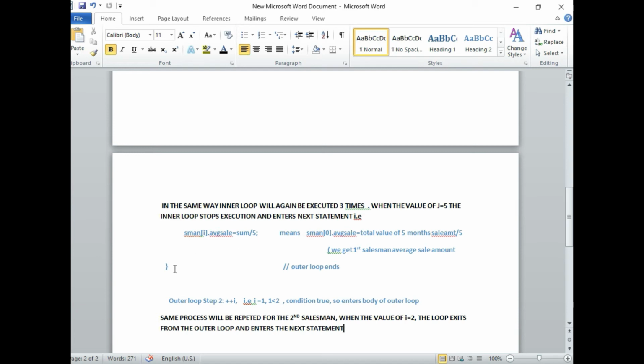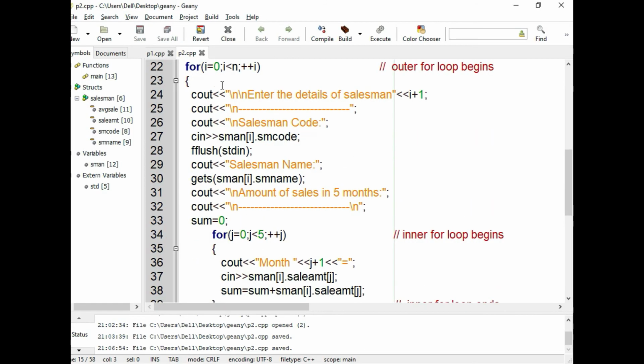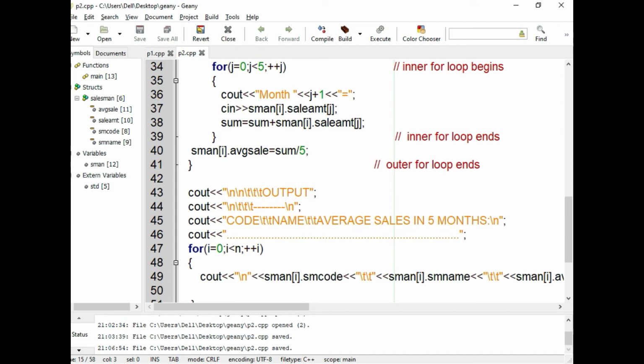And again when it enters the outer loop, when the outer loop ends, the value of I plus plus I becomes 2. Now the condition becomes false because 2 is not less than 2.